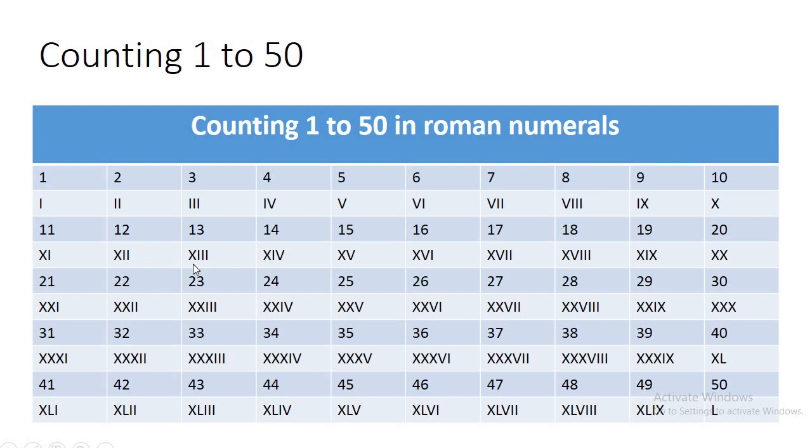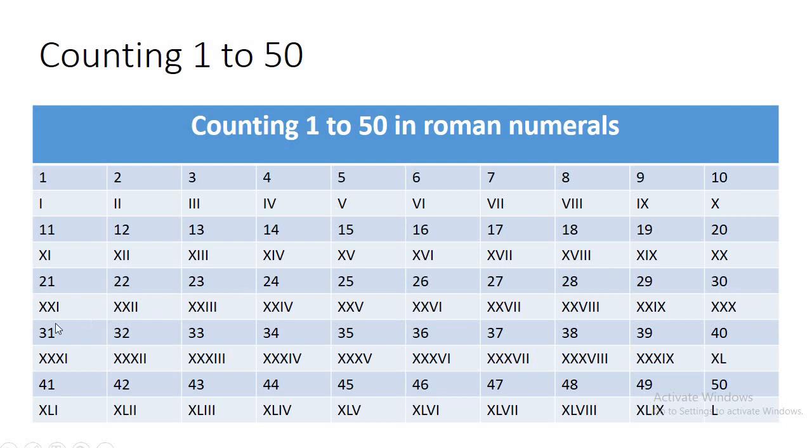It represents 12, 13. For 14 we have to add X in front of IV, then place X in front of V, in front of VI, in front of VII, in front of VIII, in front of IX and in front of X. Similarly, you just have to place double X in front of 1, 2, 3, 4, 5, 6, 7, 8, 9 and you will get all the numbers from 21 to 29, and hence 30 is represented by repeating X 3 times.